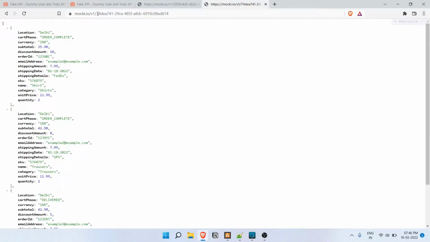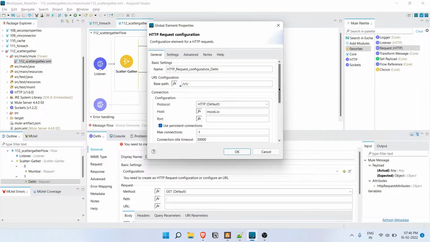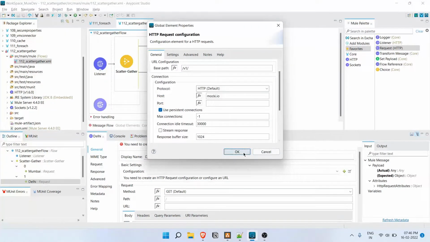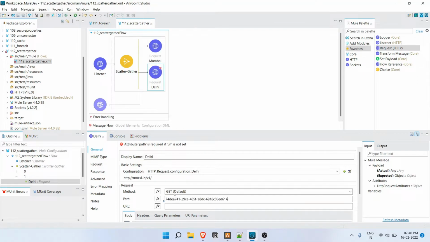So we will use this one. So we have created these two requests. So what will happen when we trigger this flow? This will parallelly go and hit the Mumbai API and Delhi API, and it will combine those responses and it will come out. Let me put a logger here,